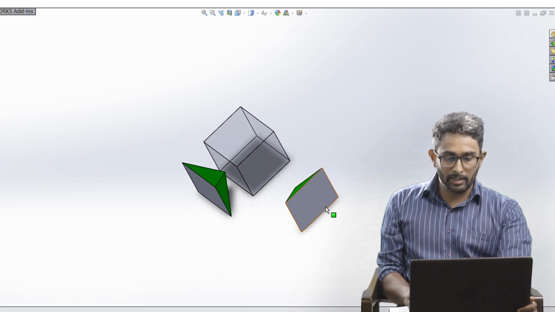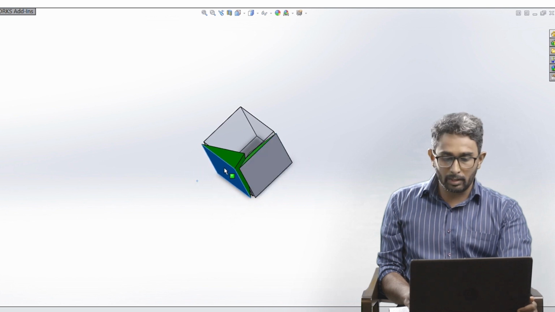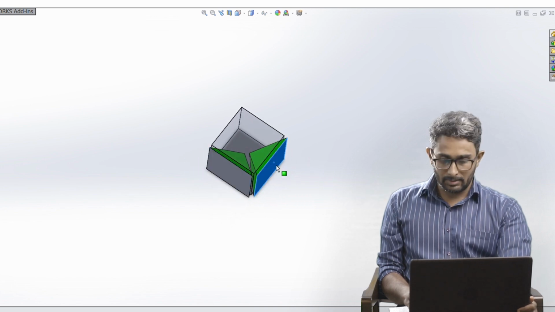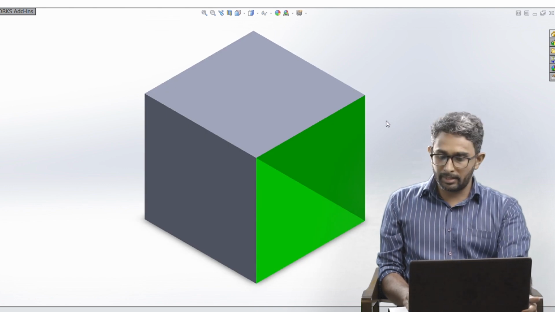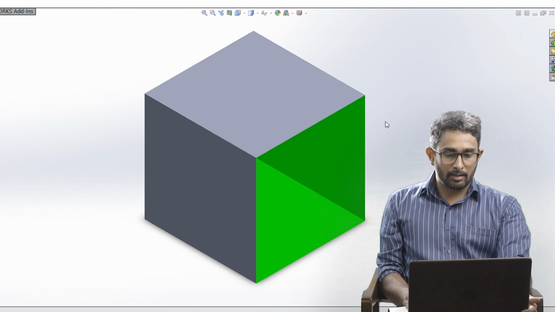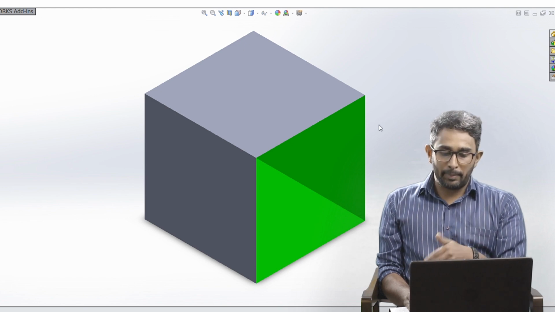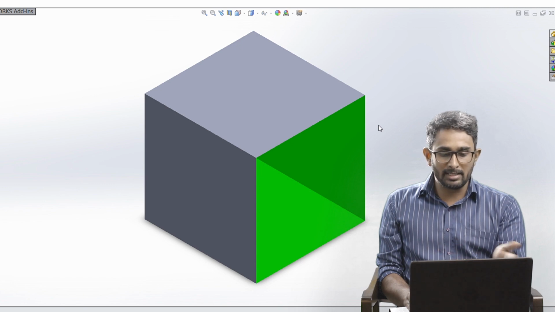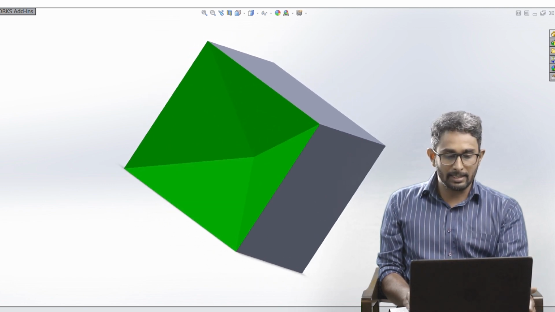So we are removing the solid pyramid from the adjacent sides. This 3D model is the option where both solid square pyramids are removed from opposite sides, this face as well as this face.